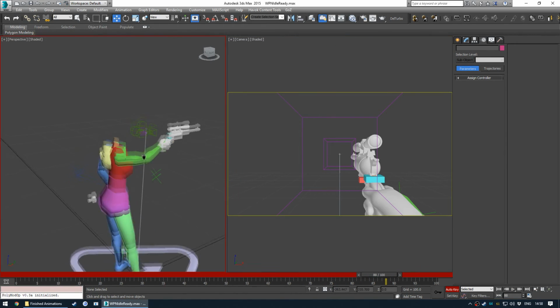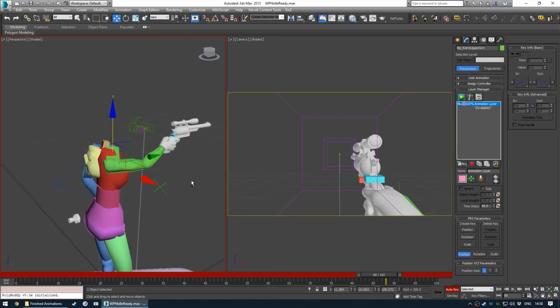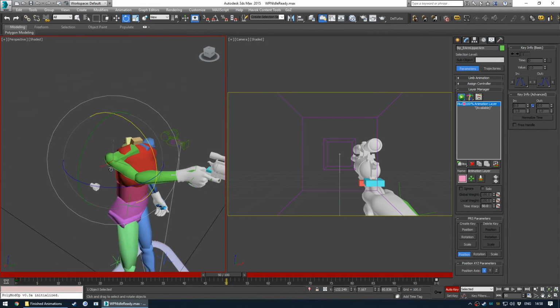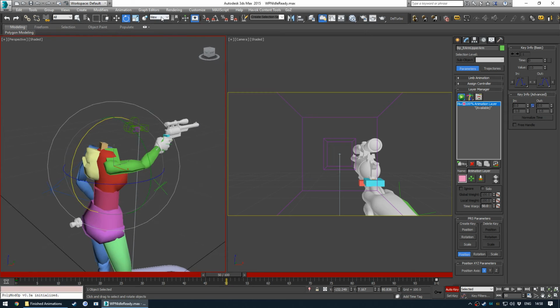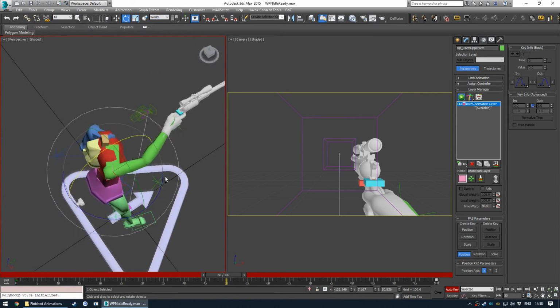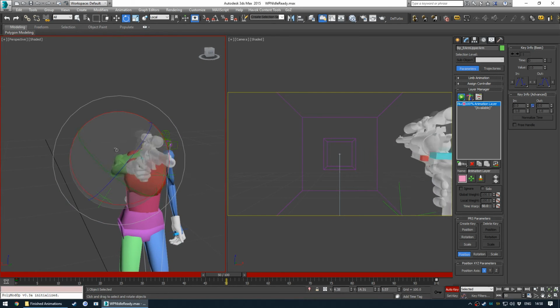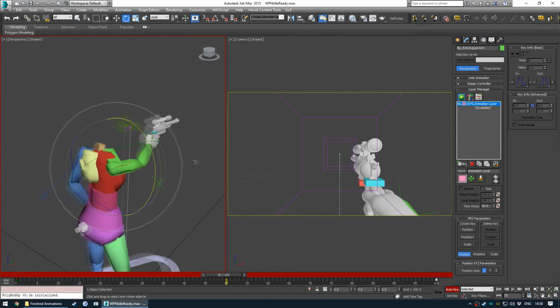Alright, so let's add a bit more movement. We're going to use the upper arm now. Make sure we have the first frame keyed and duplicate it to the end. And then go to frame 50. And we're going to hit E to go into rotation mode, and then make sure I'm in world view rather than anything else, because if I was in local mode, then you get obviously this different gizmo